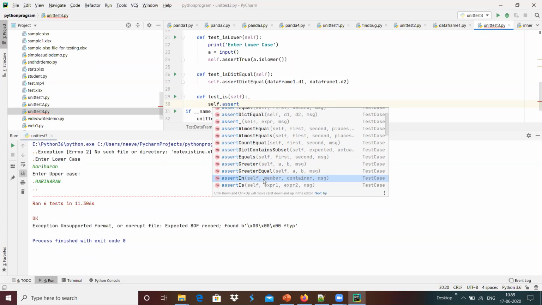That kind of test case can be done, and whether expression 1 and expression 2 are the same or not,